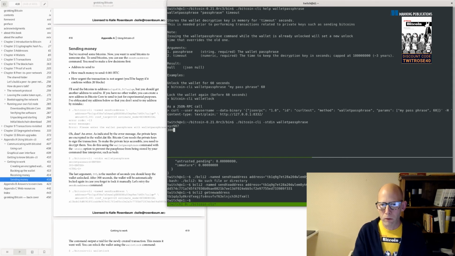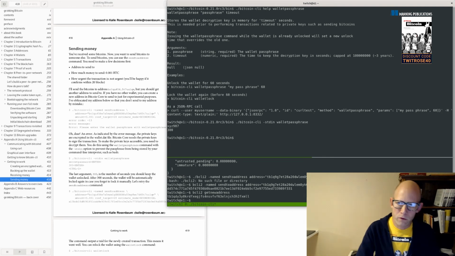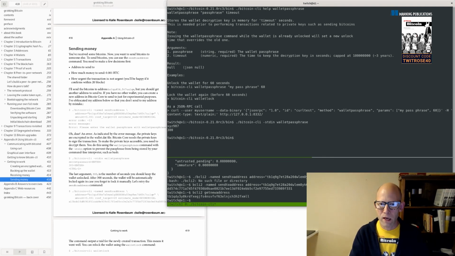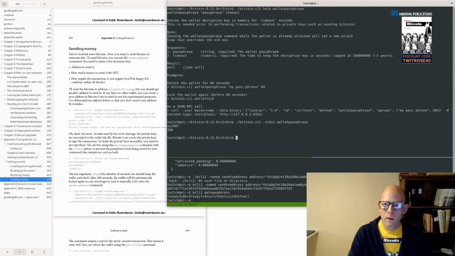I add a timeout of 5 minutes, which is 300 seconds. And these are all the arguments that we want to give it. So we hit Control D here to signal that we are done with input. Now we have entered the wallet passphrase into Bitcoin Core's memory, and it's going to be there for 300 seconds, and then it's going to be locked again. So now we have more or less unlocked the wallet,